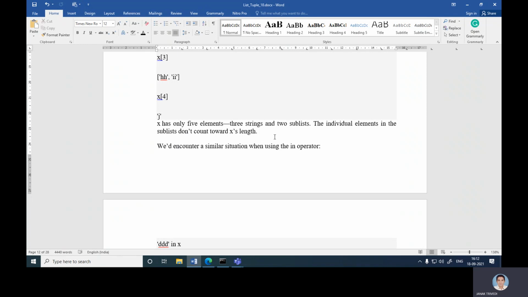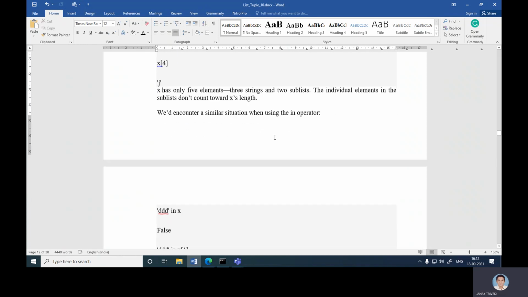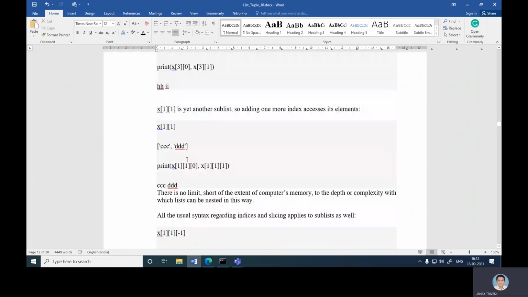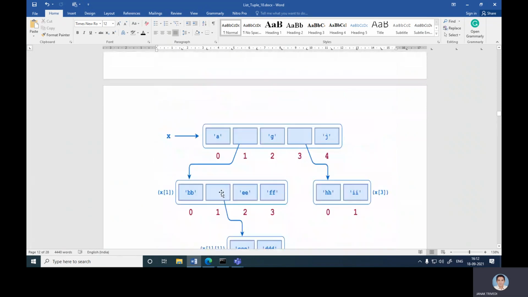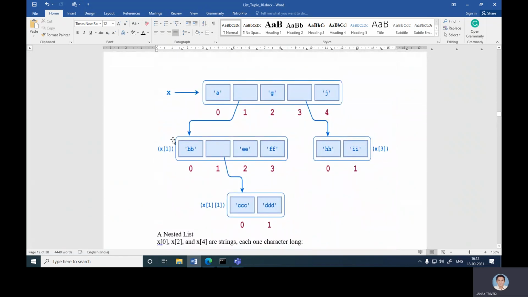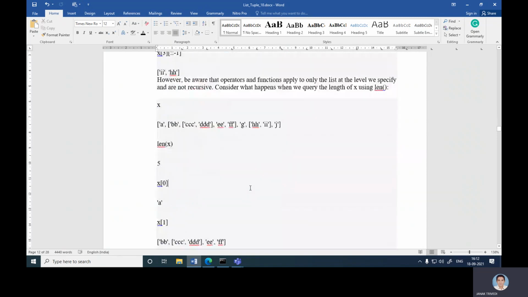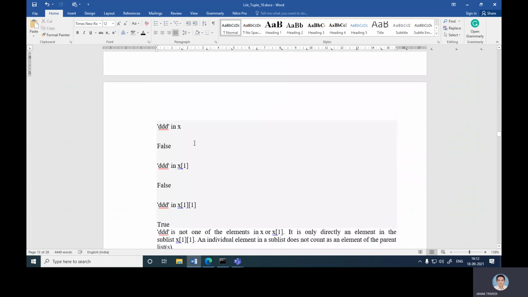So we have encountered a similar situation when using the in operator. So DDD in x is False. Why? Because DDD is in x[1], not in x. Okay, so DDD in x gives False.